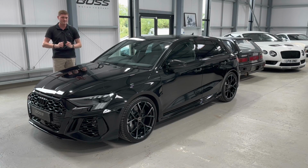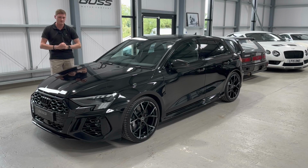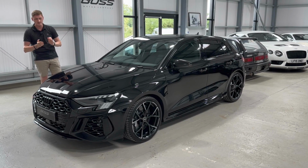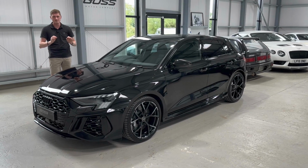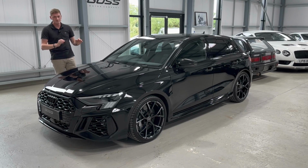So it's a beautiful example, one of the best out there, finished in Mythos Black metallic, so a really nice colour with the black leather interior, and we'll talk you around some of the options as we're going around the car. But another thing just to point out before we do so, this car is also optioned from the factory